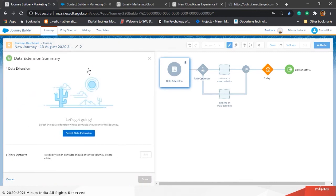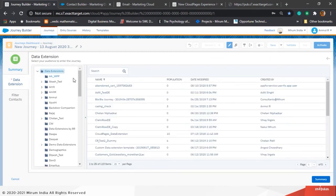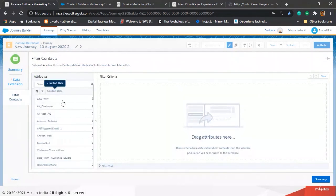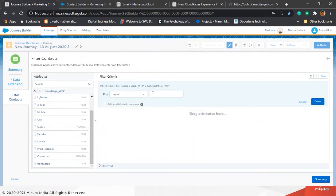When we say we are doing a segmentation, we select data extension as my entry point. I select a data extension. I will select this and I will start segmenting now. So in this screen itself, when you're setting up your data extension, you can select your single view of the customer, your master data extension, and you can start segmenting. So I just want to send communication to people in Mumbai,